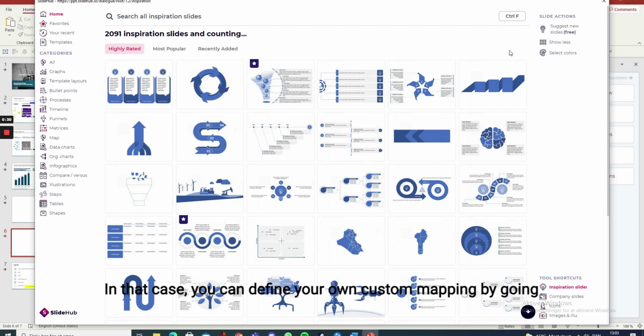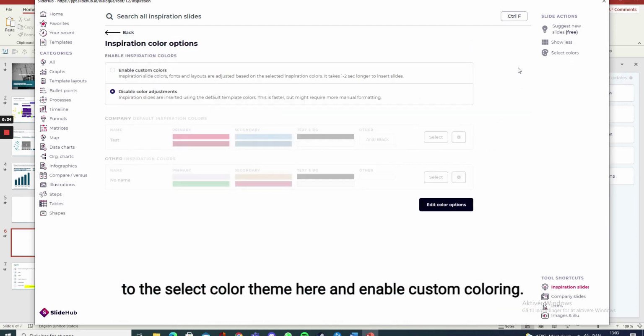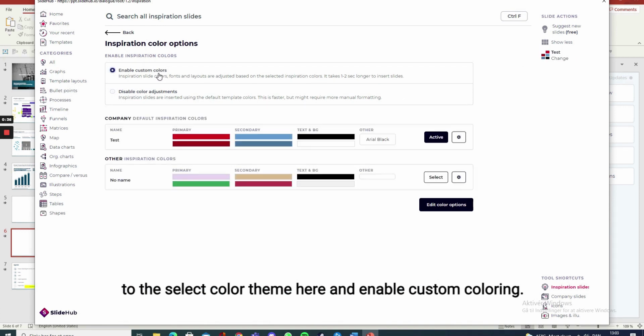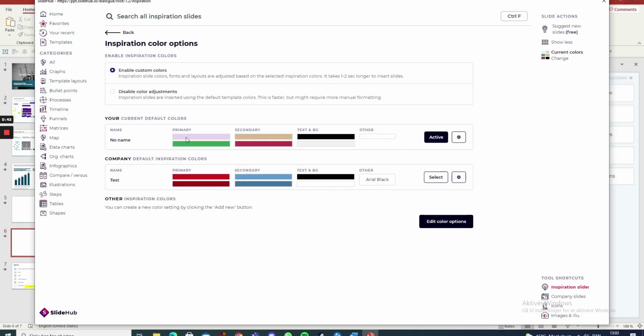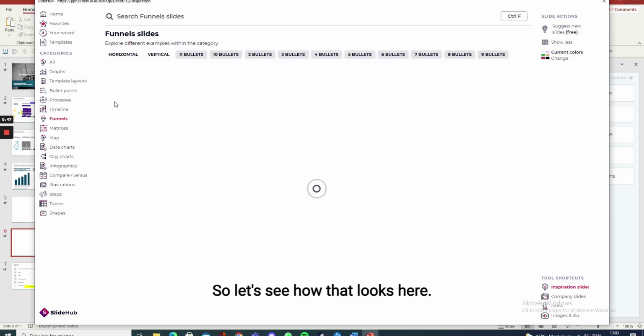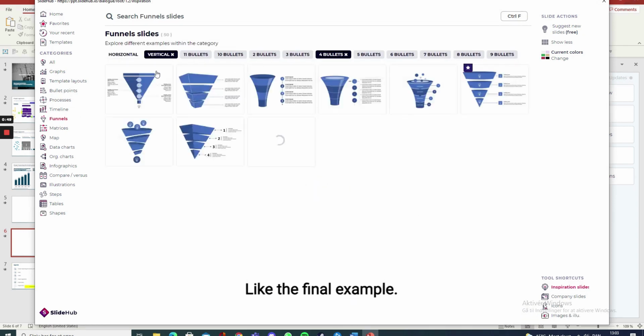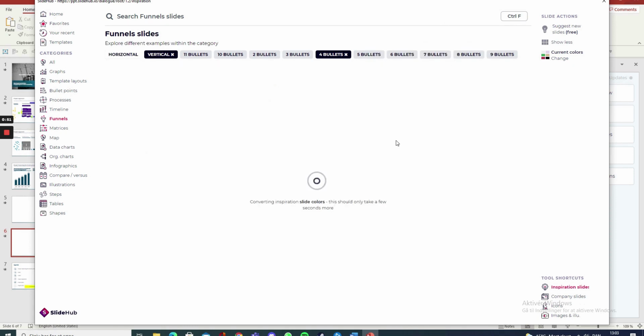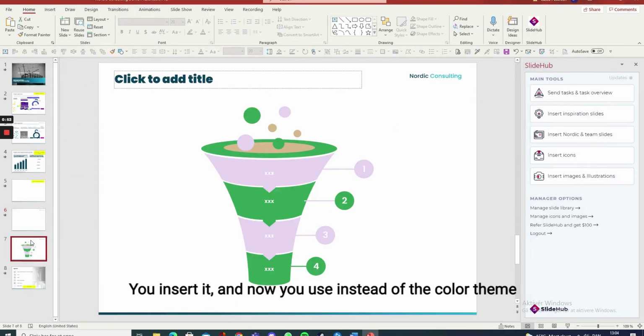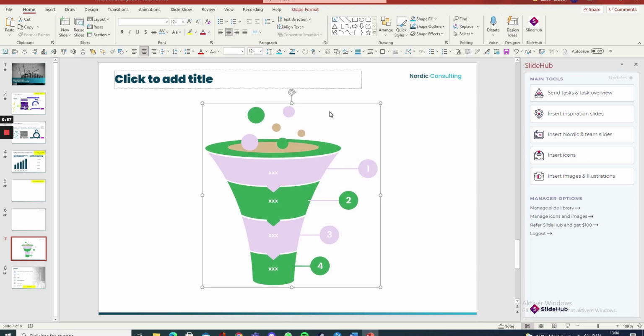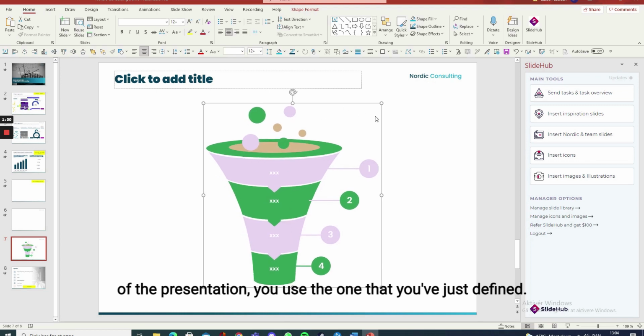There might be some cases where the default color conversion does not really work out with your template. In that case, you can define your own color mapping by going to the select color theme here and enable custom coloring. And then you can create your own, or you can select which one you want to use from the active list. So let's see how that looks here using the funnel example. You insert it, and now you use, instead of the color theme of the presentation, the one that you have just